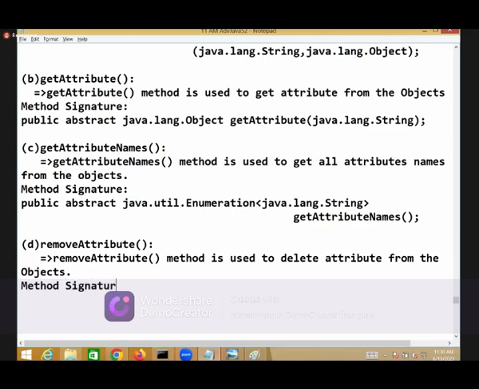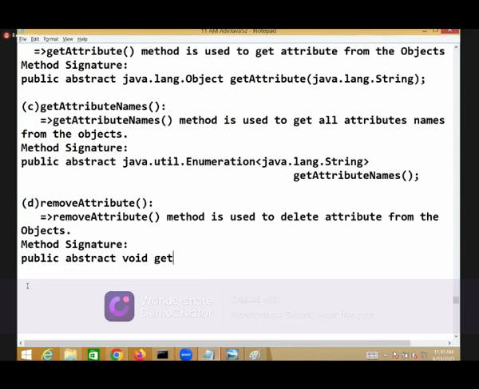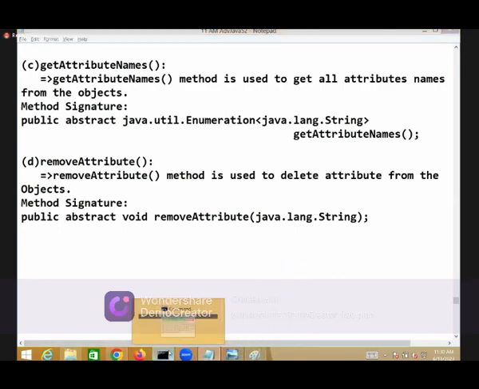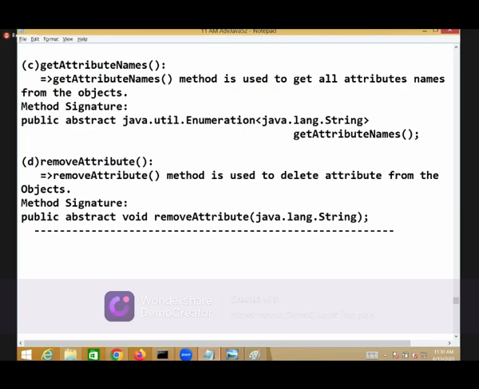Method signature. So public abstract void removeAttribute of java.lang.String. Why I gave the method signatures in the notes is because